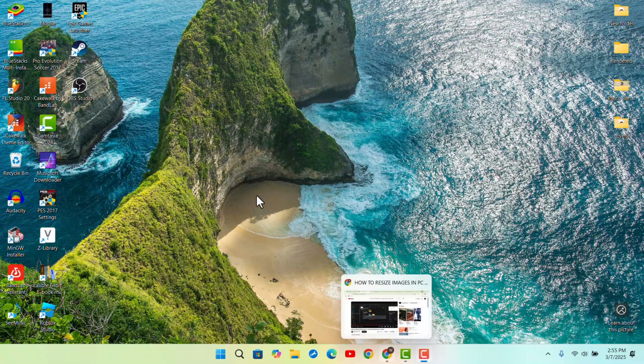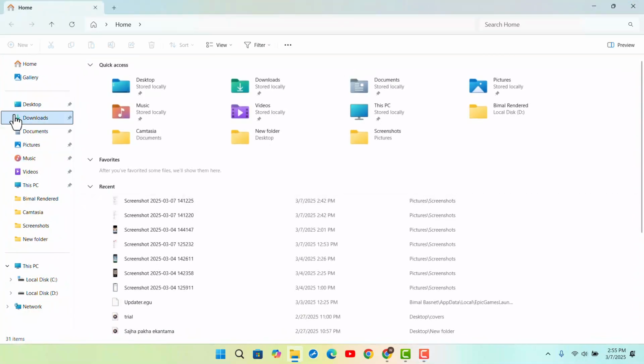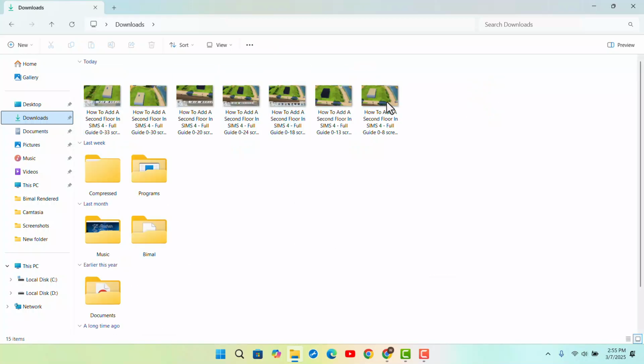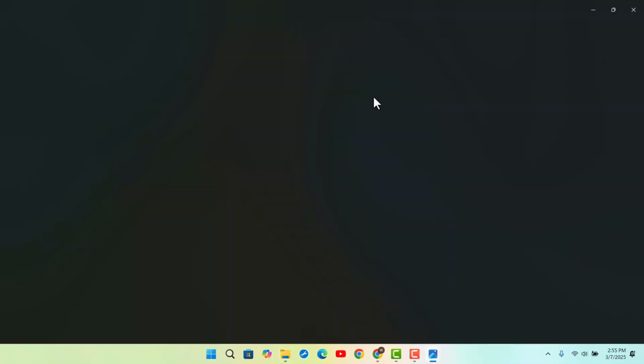So what you want to do is simply open up File Explorer. I'm going to go to the Downloads section, and this is my particular file. Now there are a couple of different ways to do it. First of all, you can double click on it, and it's going to open up in the default